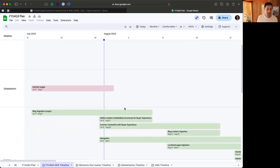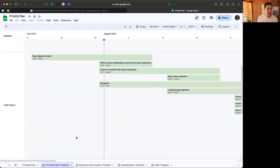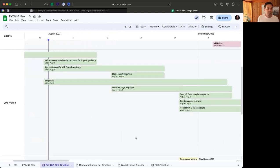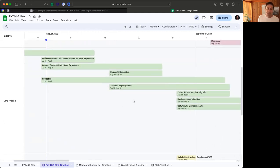Globalization, again, like I said, this is mostly in support of CMS, so I'll bump to CMS and then come back up. So we're migrating the blog. We've been working on that for a while. It's going pretty nice. We get into defining the content models, connecting it with our current repo. Contentful is the CMS we've moved forward with. We're through procurement. We're very happy with what they're going to do for us. Start with navigation. You've got to be able to click through the experience, so it's a good place to start. Migrating the blog, current localized pages, start bringing that in, connecting that to the localization connector, working really closely with